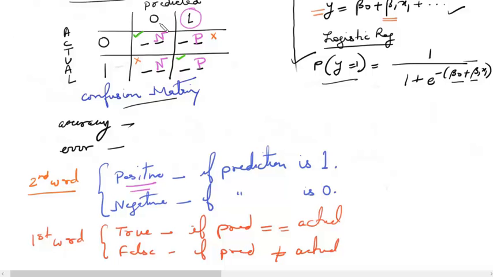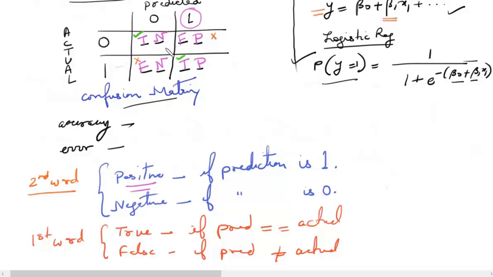Filling the first word is very easy. If both the prediction and the actual values match, we write true. So in this case both match, both are zeros, so I will write true here. And in all other cases, if it doesn't match, we write false here. So the first word will be false in this case since my actual value is 0 for this data, but the predicted value is 1, so I will write down a false here. Similarly here my actual is 1 but I am predicting a 0, so I will write a false here. Here I will write a true as actual value is a 1 and I have predicted a 1.